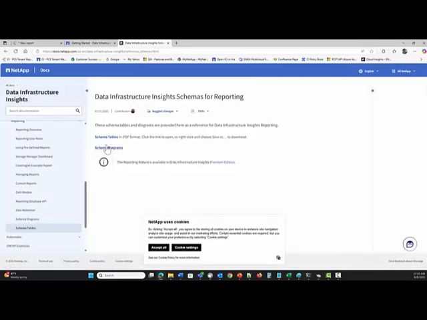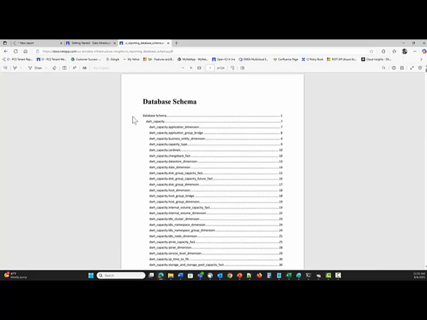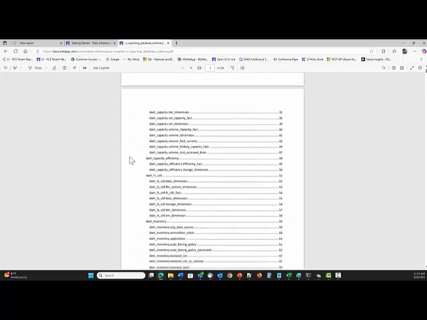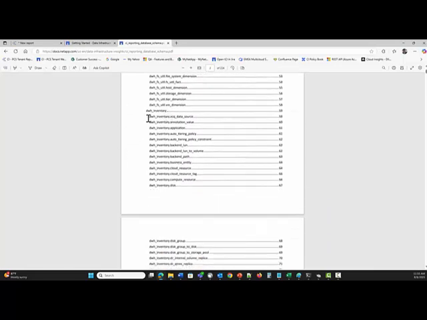When the main page pops up, click on schema tables. It'll kind of throw you at the top of the content or the table of contents inside of your schema. And I want to navigate down to inventory. Again, there are two